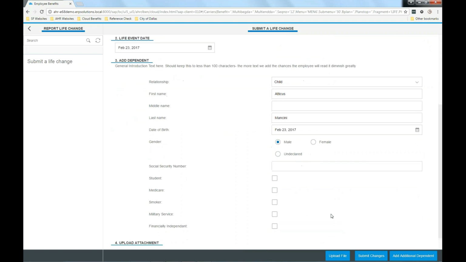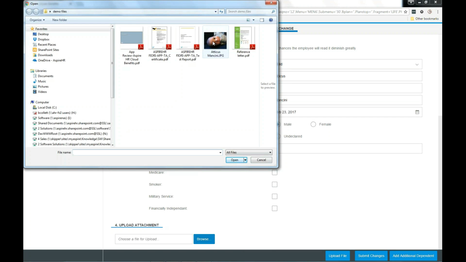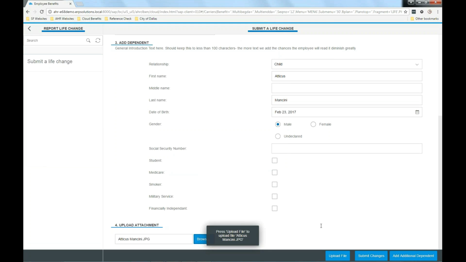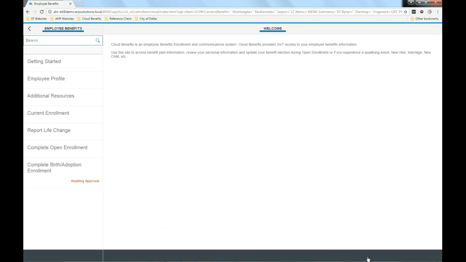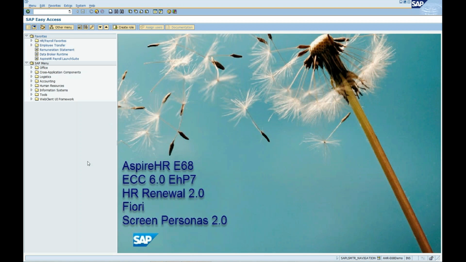Save the dependent. It's going to allow me to upload a file. If I was on a phone, this could go to taking a photo. And what's going to happen to this when I upload and save it is it is going to be emailed to the benefit administrator. And then I'm going to submit changes. And you'll notice now when we come back, after completing that, I now have a life event and it's awaiting approval. If I was to go to my SAP backend and look at that employee,